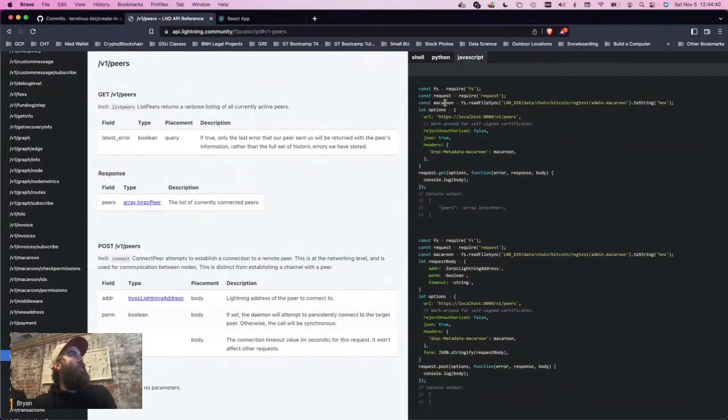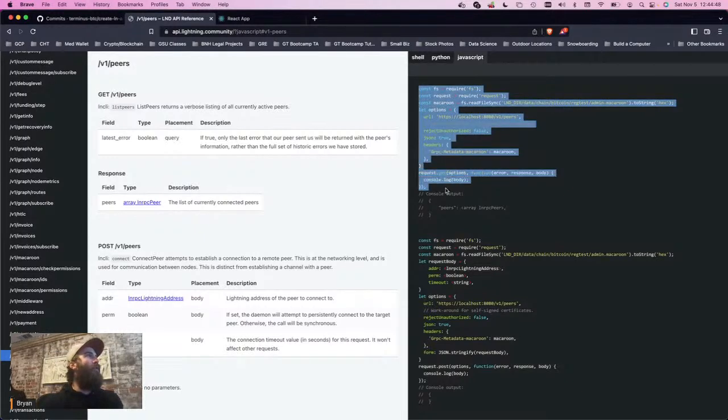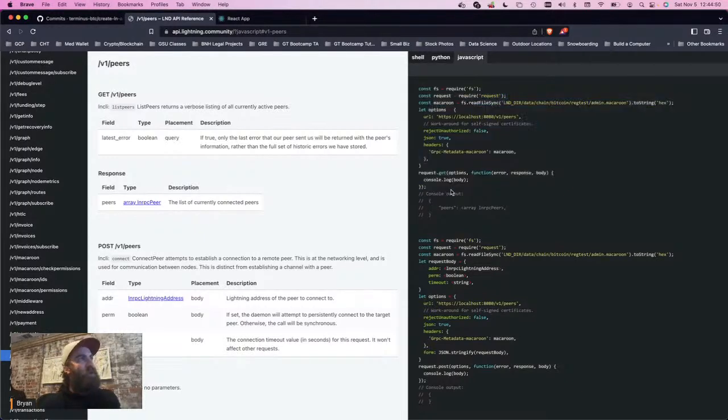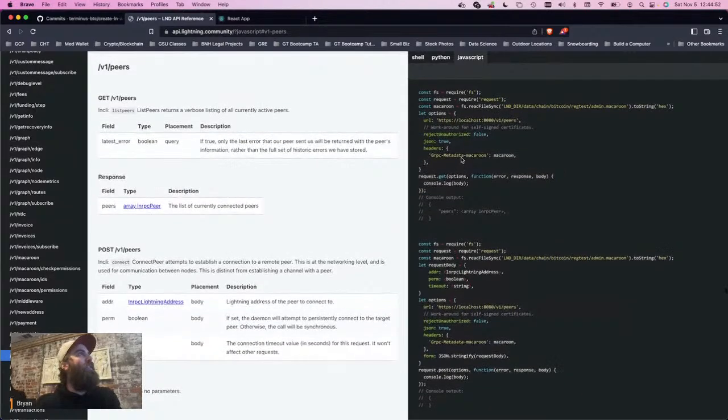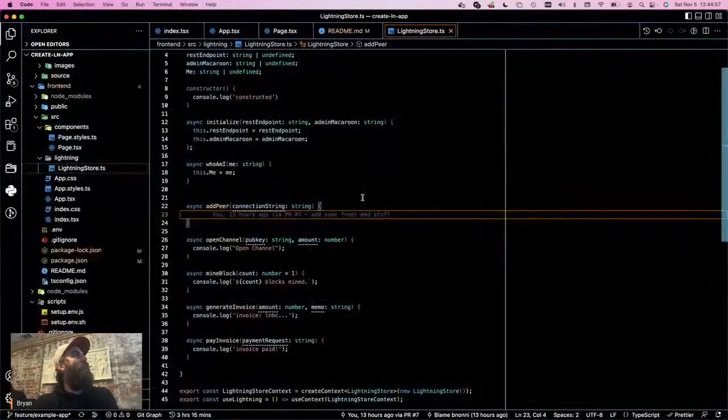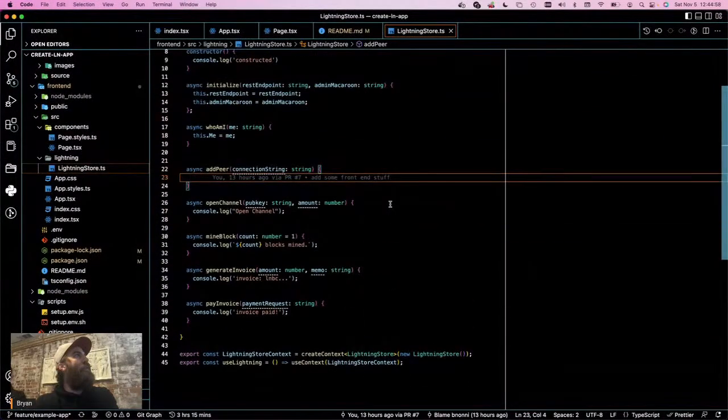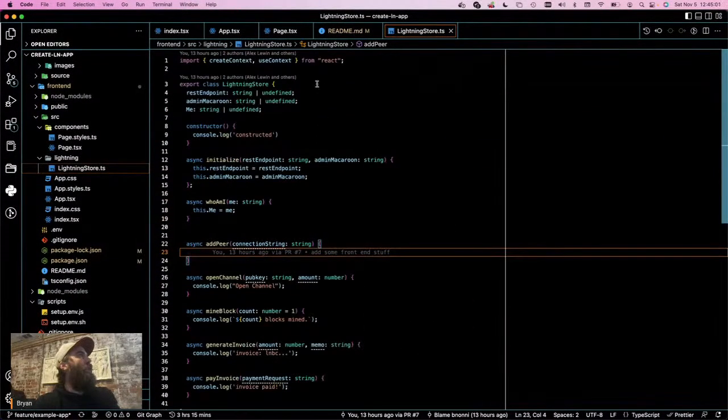Nonetheless, this at least has the general form of how to structure this request in JavaScript. So if you were doing CommonJS, you could just copy this and then paste it in there. Unfortunately, I can't do that unless I set up everything as a CommonJS file, which would take way too long. So let's just go ahead and import